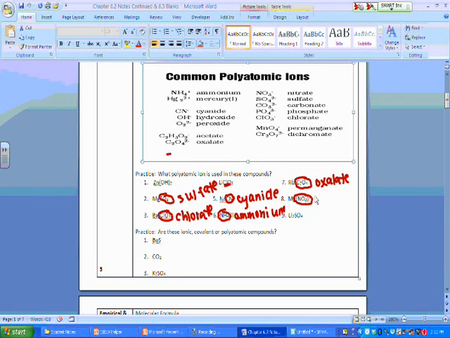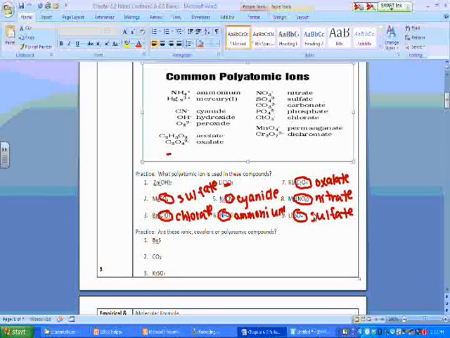And so this one is nitrate. And then the last one is sulfate again. If you have questions about these, make sure that you write them down so we can talk about them in class tomorrow. And very quickly, I would like you to pause the video and write if 1, 2, or 3